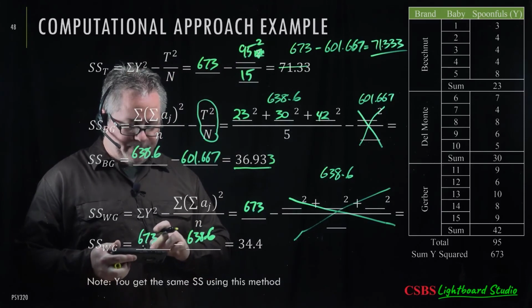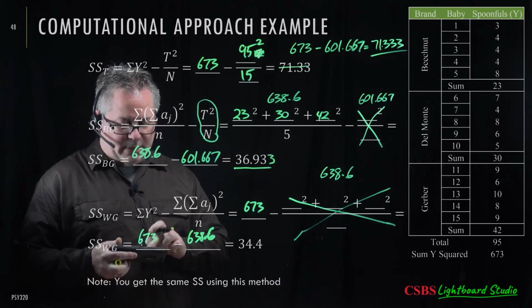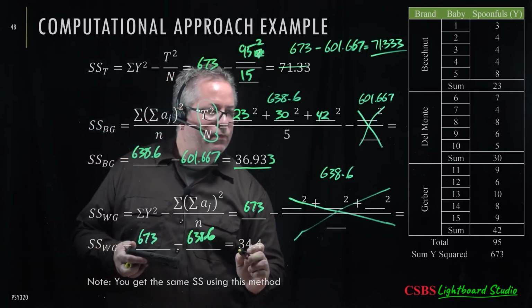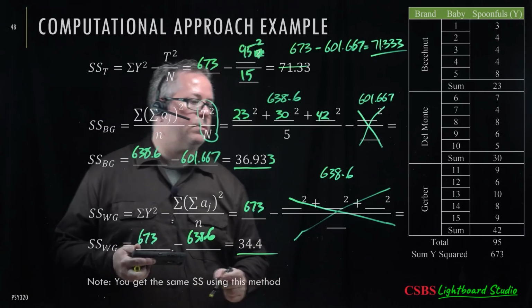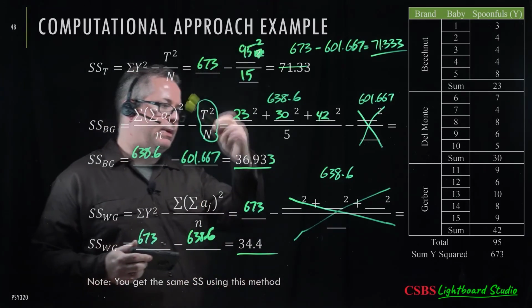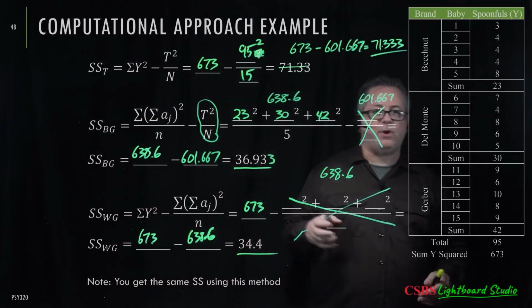And then at the bottom, 673 minus 638.6 equals 34.4, right? So you get the same sum of squares using this method,